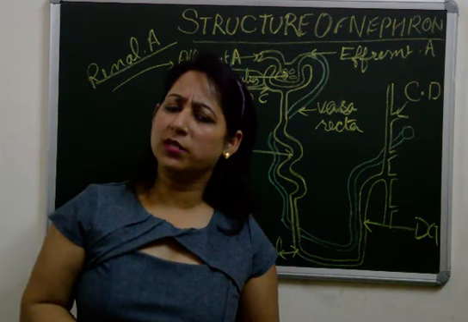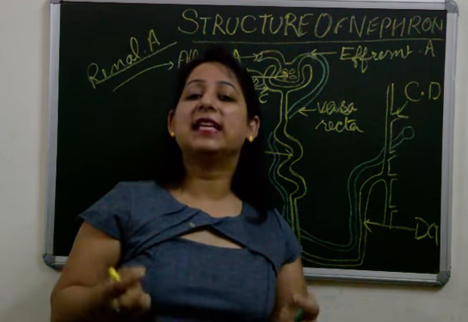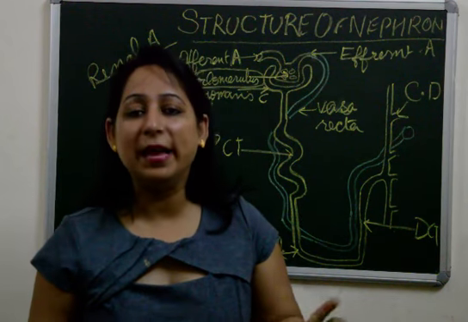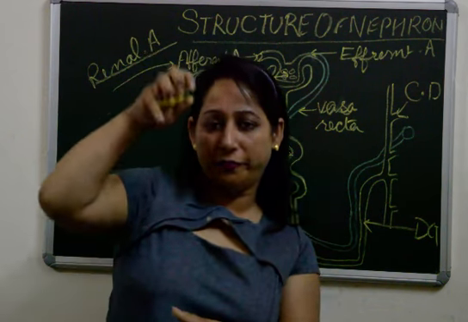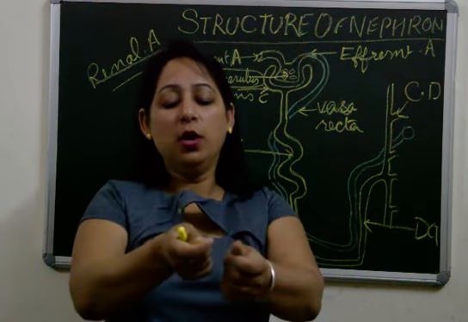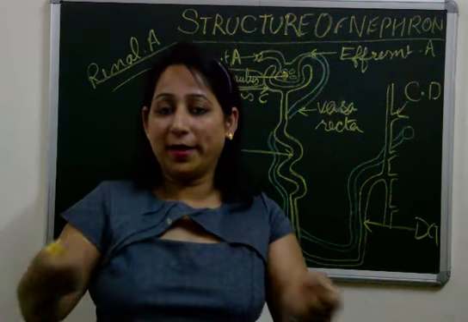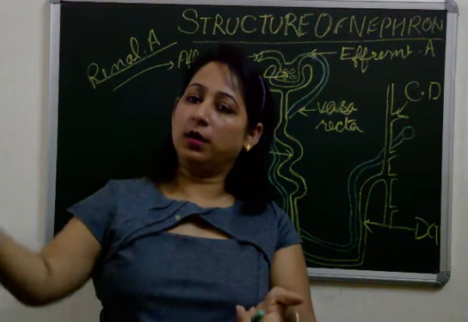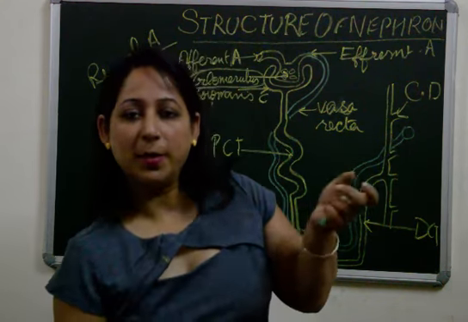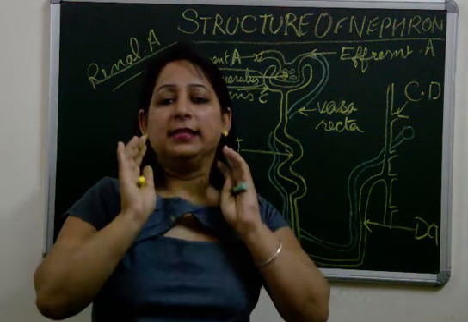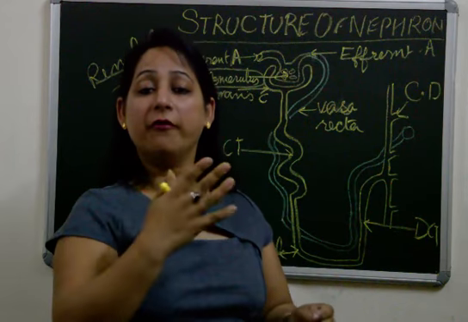What is glomerulus? First of all, it is a fine network of capillaries, and these capillaries are very permeable. They can sieve out substances, which can be filtered through it. For example, if you take a cloth, a muslin cloth or a dupatta and pour water dissolved with sand or something through it, the water will come out and the sand will remain up. Just like this, the glomerulus acts like a sieve, a filter.